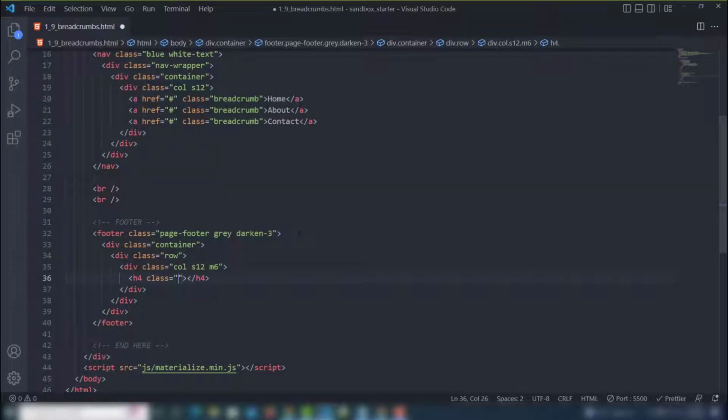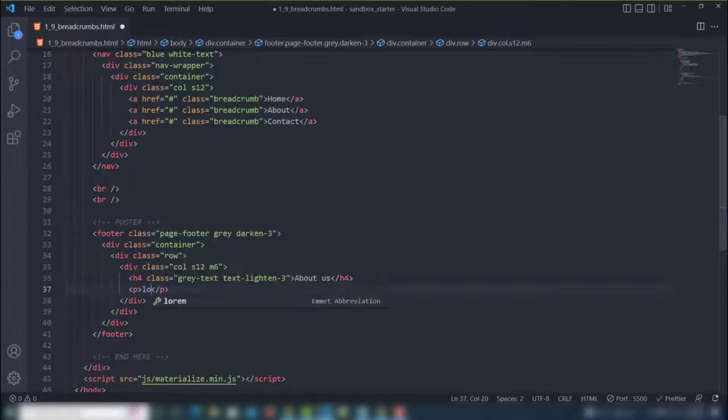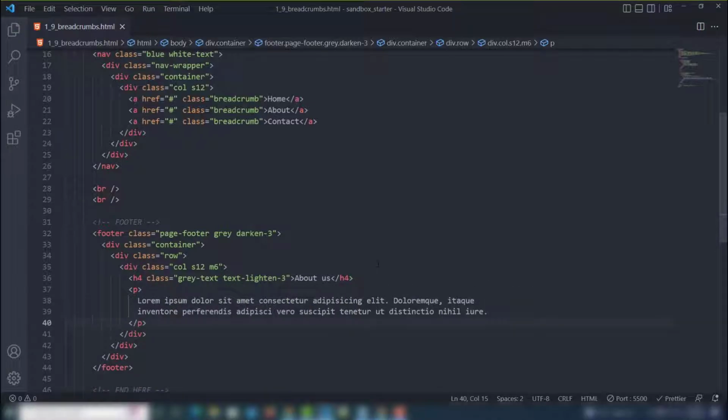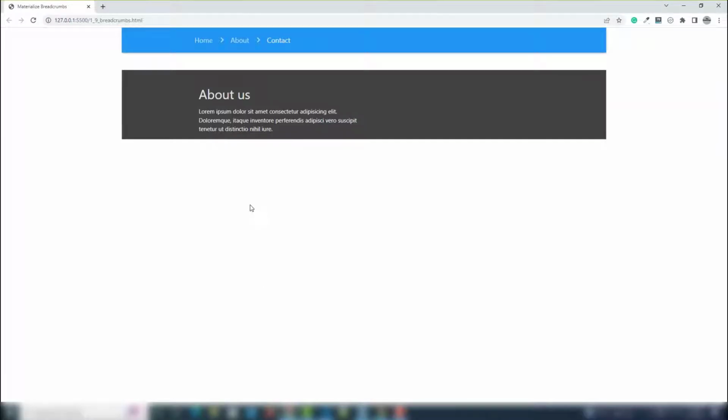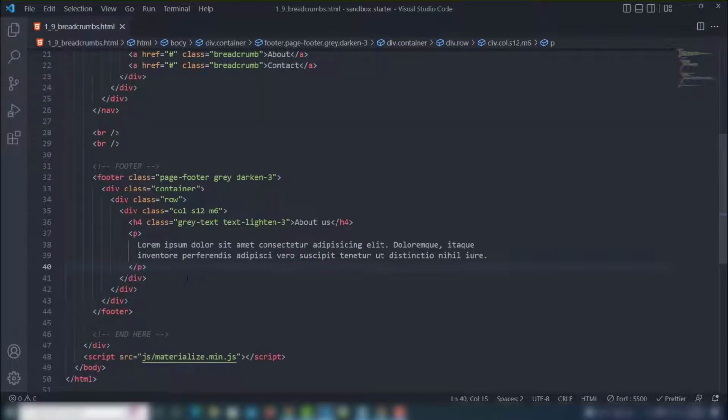Class will be gray text, text lighten 3. I'm going to use about us, right? And then I'm going to use p tag lorem 20. So this is our normal footer, and then